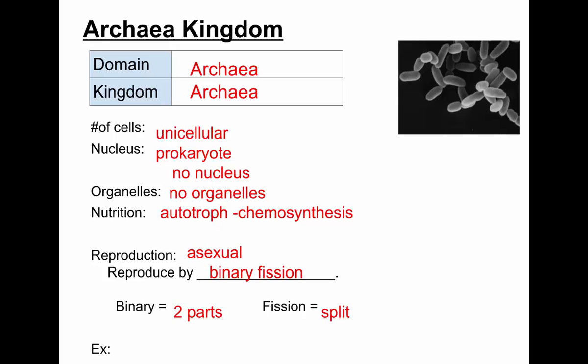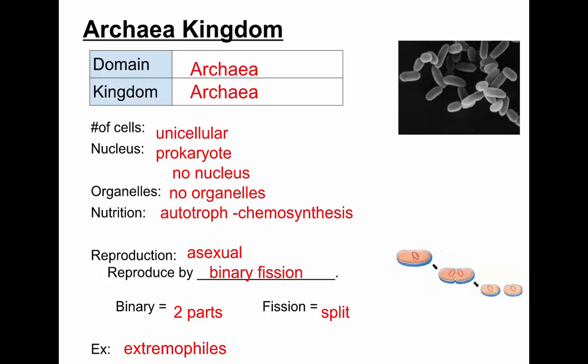So binary fission basically means splitting into two parts. As you know from nuclear energy, fission means to split. And so organisms that reproduce through binary fission, basically they just split in two. We have one cell, the DNA copies, the cell pinches and splits into two. You started with one organism, you end up with two. It's reproduction, but it's asexual reproduction. These offspring are going to be identical to the original parent.